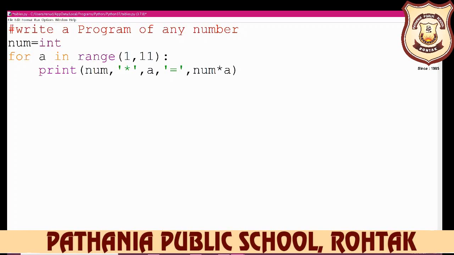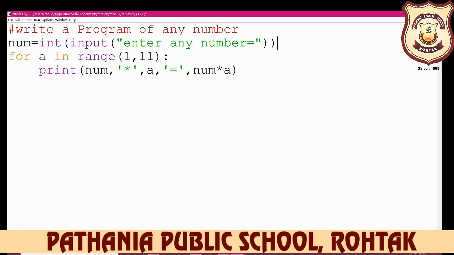Int stands for your data type, integer data type, and after that you write here input. Input is the name of the function, and then you write here the message that will display on your screen. Enter any number, and then close the inverted comma. Then close the bracket of the input function, and your message bracket closes. Okay, now your program wants input from the user and then displays the answer.